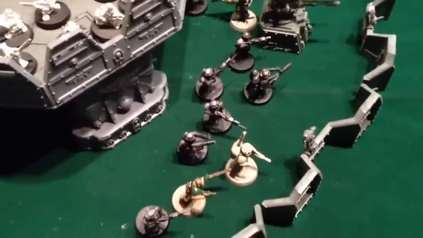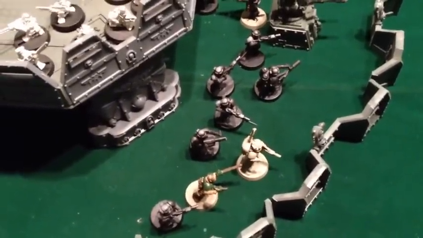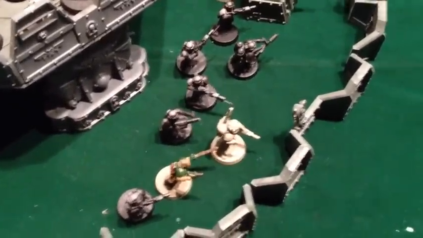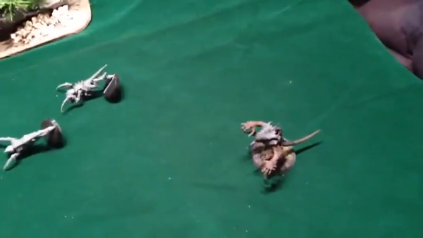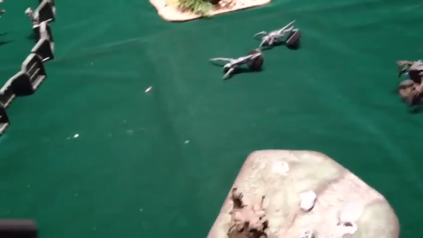Then the Hellhound, with the help of this platoon, or this squad of infantry, knocked the Hormagaunts on this side down to 2. The Medusa took out 2 of the warriors back here. Then, I think that was it. Oh, and then the Hellhound and the Leman Russ on this side managed to knock this squad of Hormagaunts down